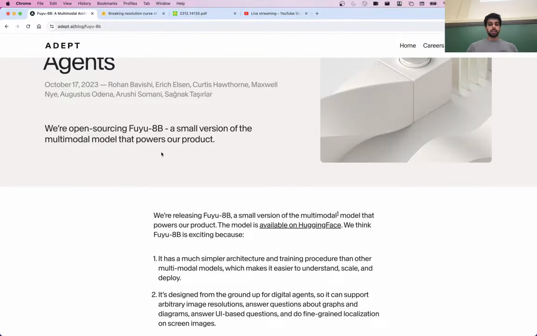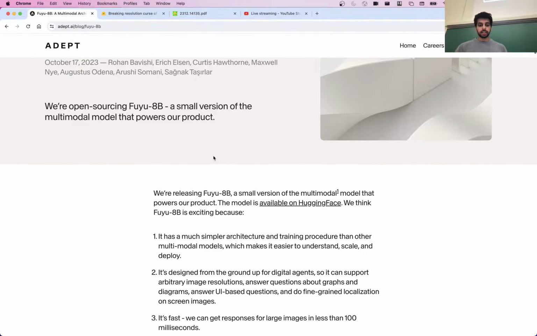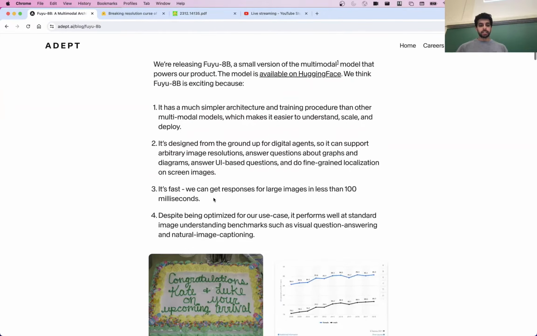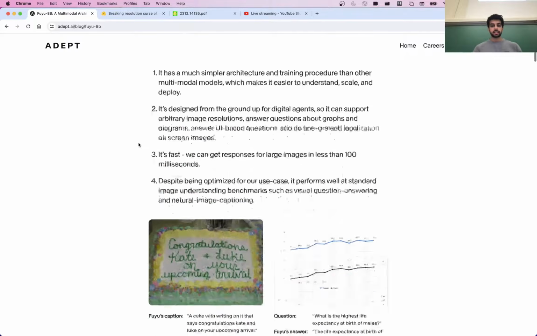Some of these companies don't really release papers with any details, but they prefer to just do blog posts. But I think this one is a good place to start because it does have a very simple architecture to enable generation on top of image plus text inputs and generating corresponding text.